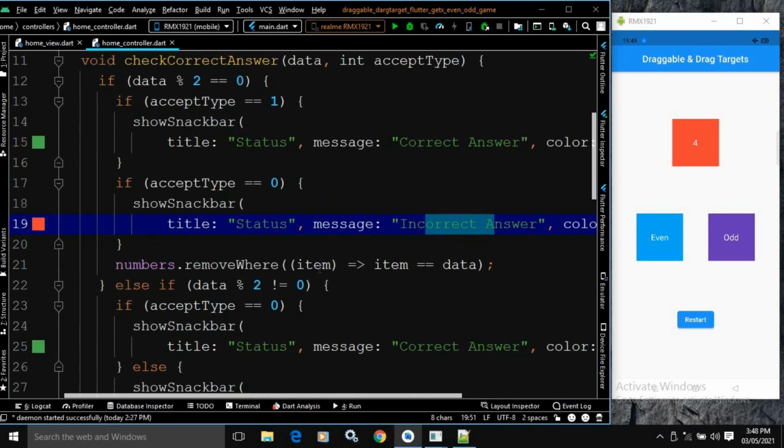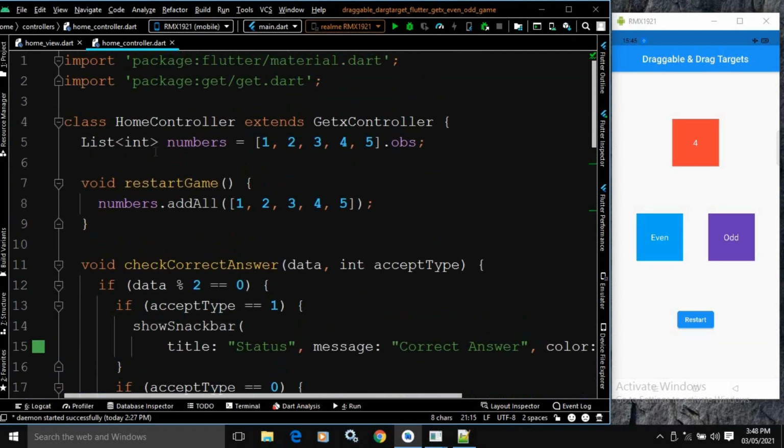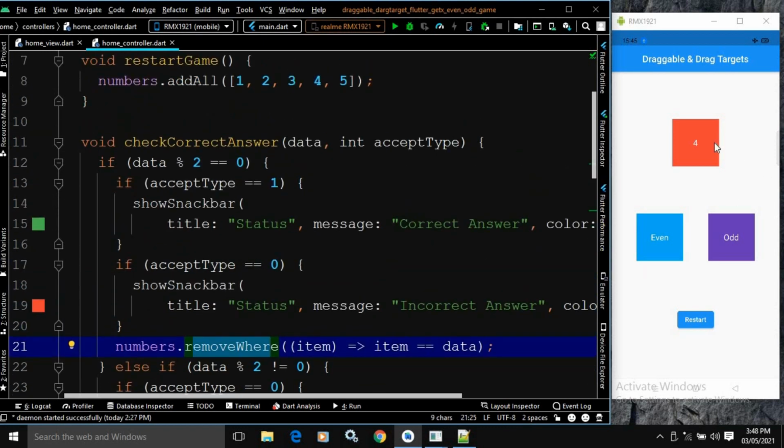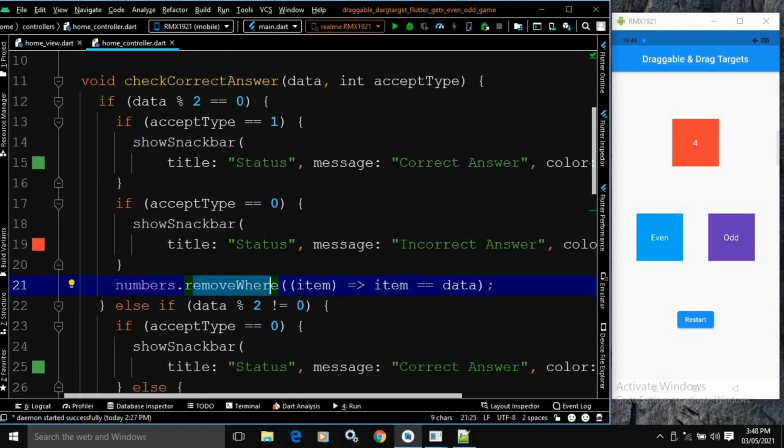Okay, and after that the number which I have dragged from this draggable should be removed from the list, and to do that here I have written numbers. As we remember, this numbers contains the number list, so here I have written numbers dot remove where item equals to data. This means the data which we are dragging from this draggable, that will be removed from this numbers